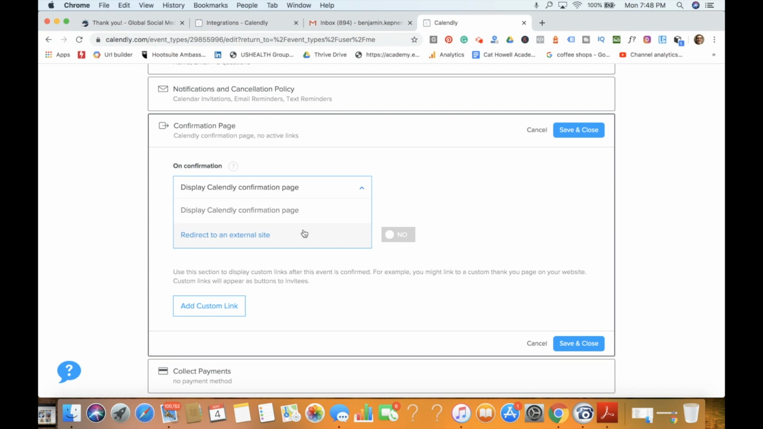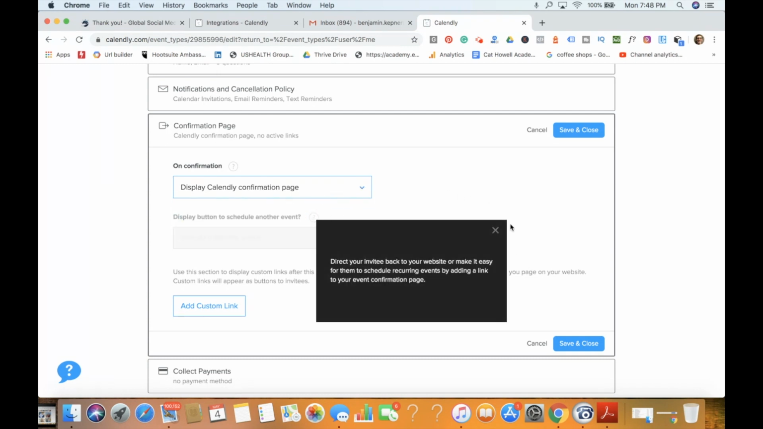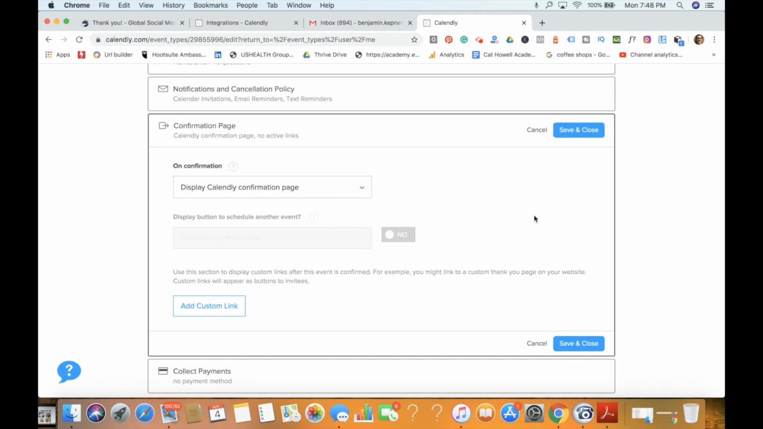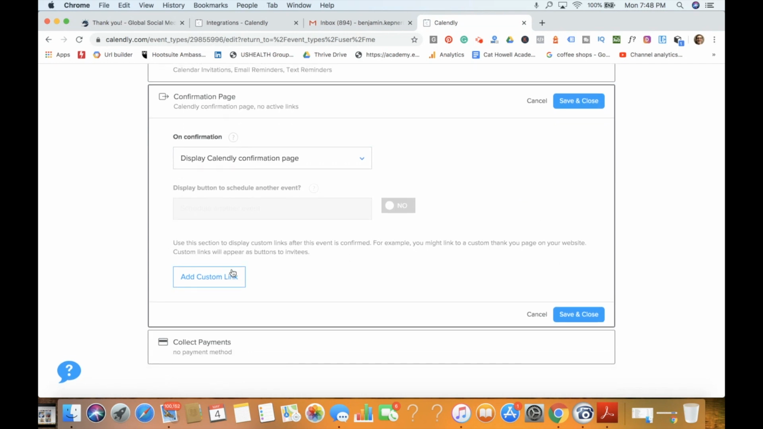So the more communication touch points that we have with our customers and leads, the more we're increasing that consumer buying experience and really delivering customer service. For today's example, I'm just going to display the Calendly confirmation page, so I can show you what that looks like. And then I could add a custom link as well, but we're just going to leave that